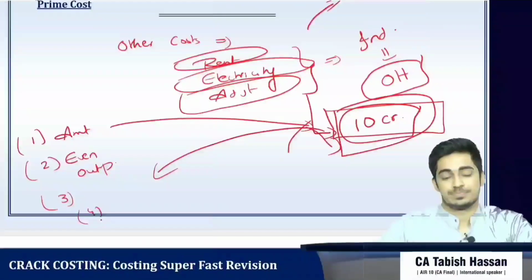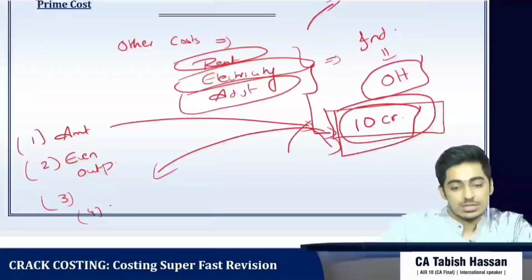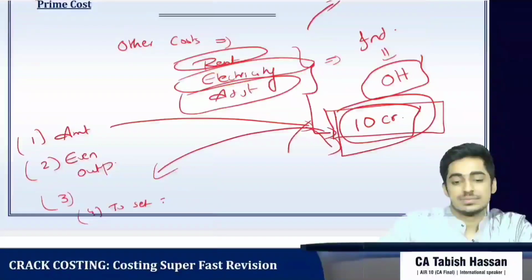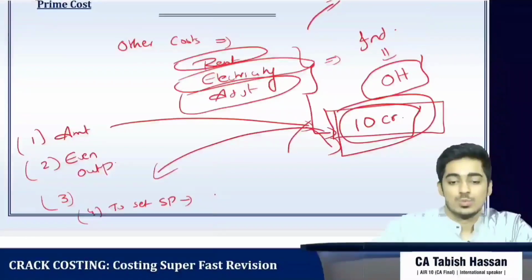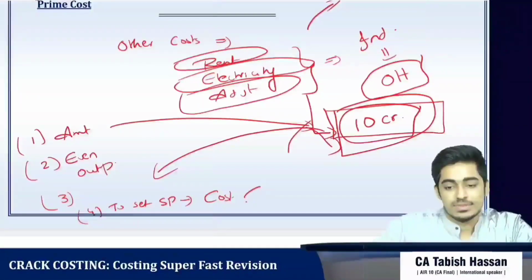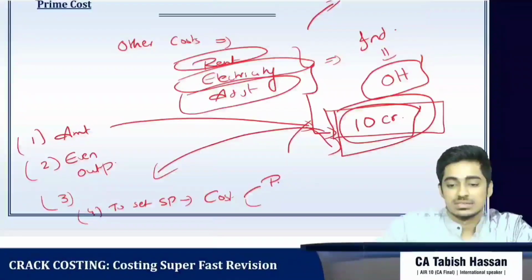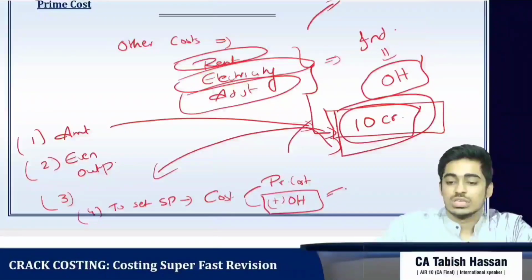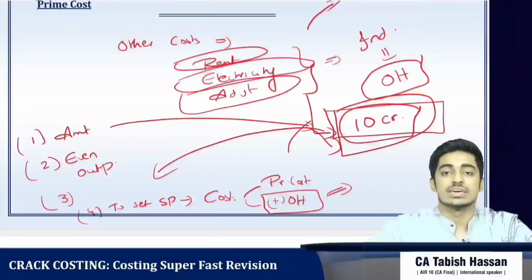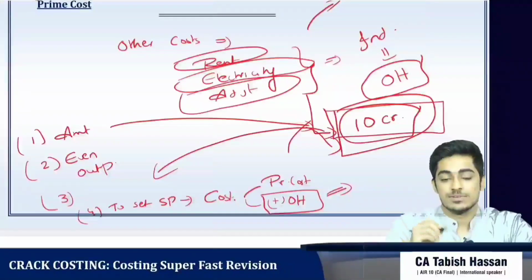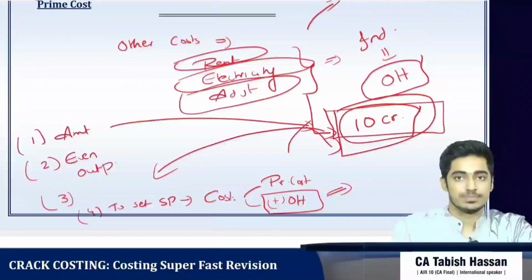Fourth issue, to set the selling price, we want the cost, and we get the cost as prime cost plus overheads. So even though all these issues are there, still we have to distribute a portion of cost to every cost